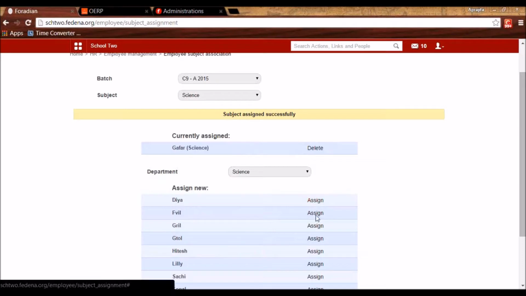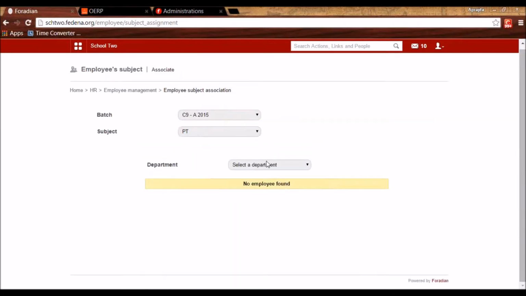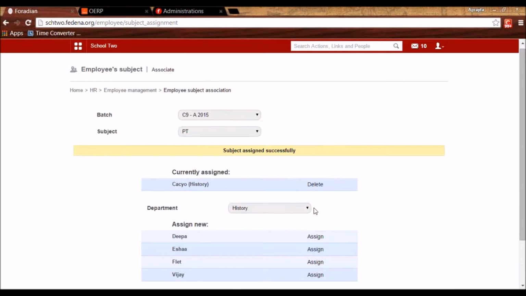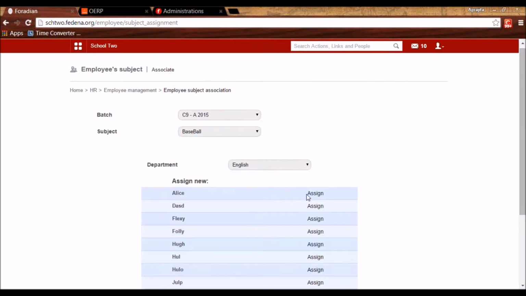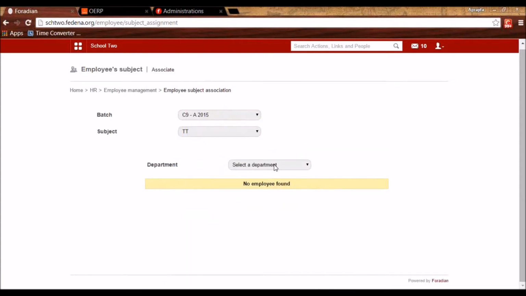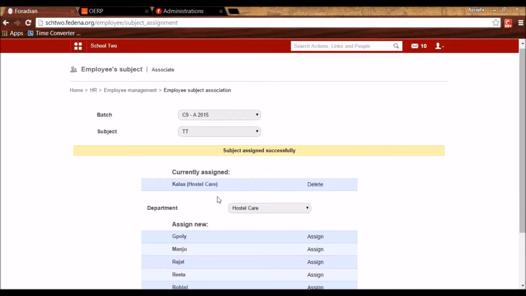There can be more than one employee who can be assigned like this for the same subject. So this we have to do for all the subjects of the batch, and this process has to be done for each batch and each subject that we have.